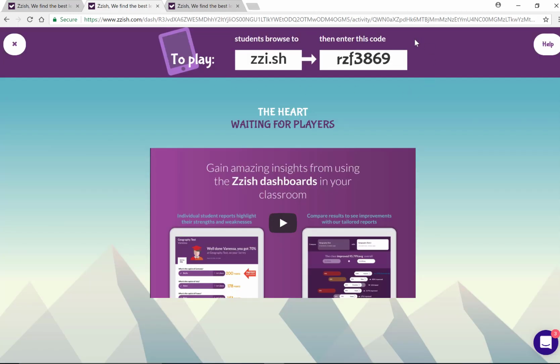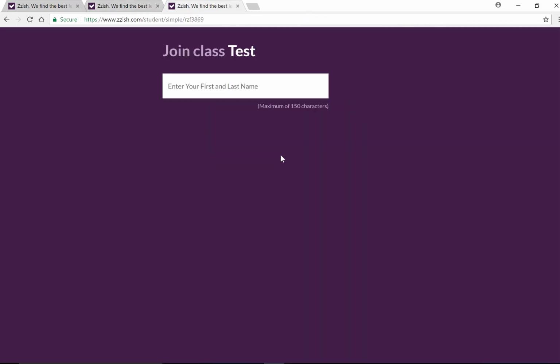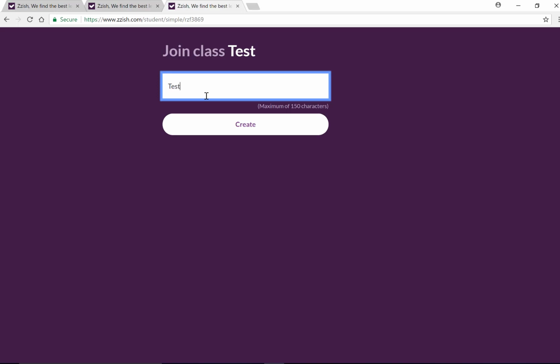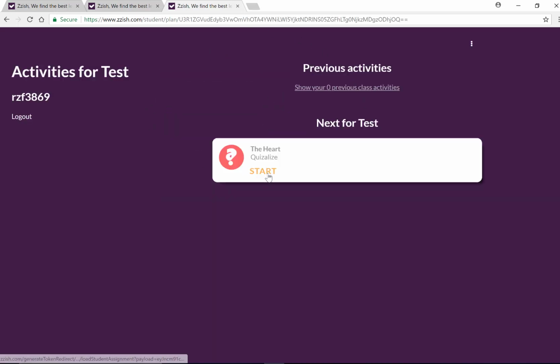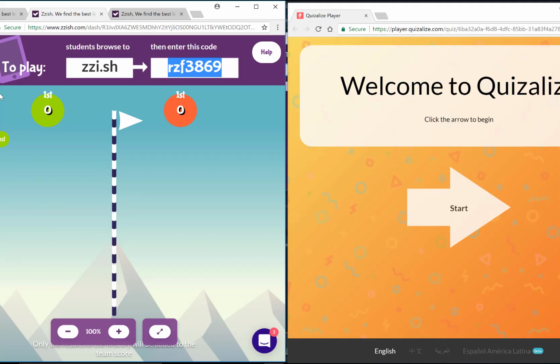These are the details that your learners use to access the quiz. If it's the first time your learners played a quiz within this class, they will need to enter their name. If they played a quiz within this class before, their name will automatically appear and they just need to select from the list, like so. The learner would then select Start to enter into the quiz. So this is the teacher view and this is the student view. When the learner selects Start,